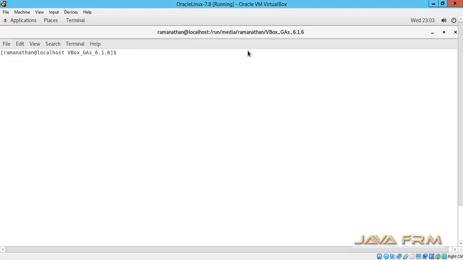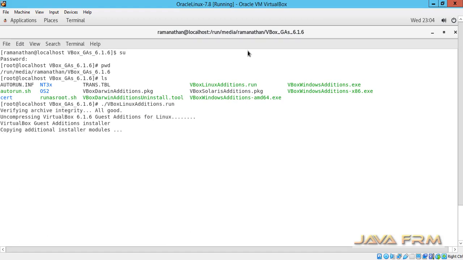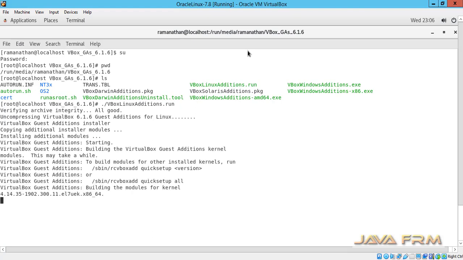Now let me run the command ./VBoxLinuxAdditions.run. This will install the guest additions software. Yes, so the guest additions software is installed successfully on Oracle Linux 7.8.